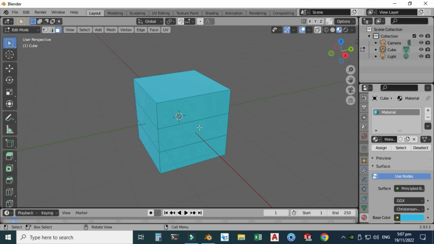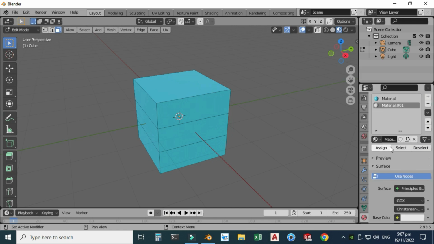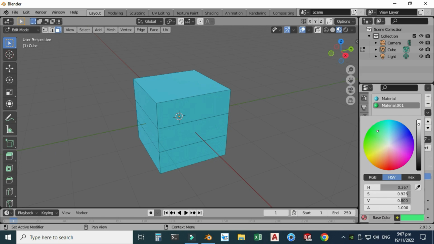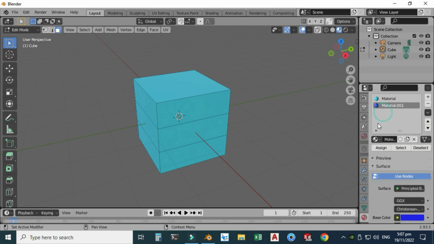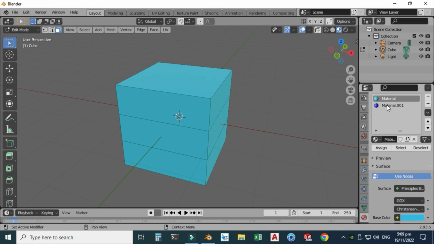First I need to select all these faces, or let's say I will select all these faces later. So let's make another material. Select this one, add material slot, new, and I will change this to, let's say, dark blue. And now you can see that no material preview is generated. Let's say I want to apply this material that we have just created onto this loop.